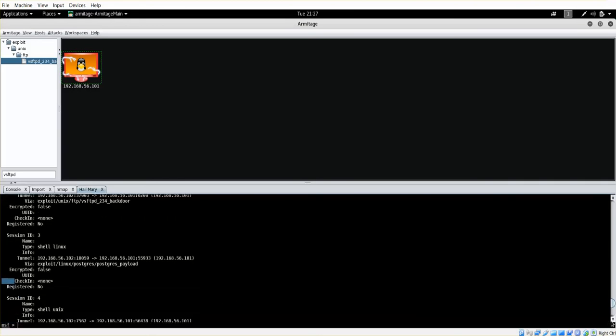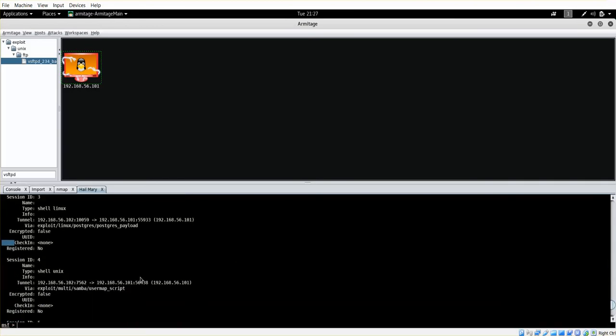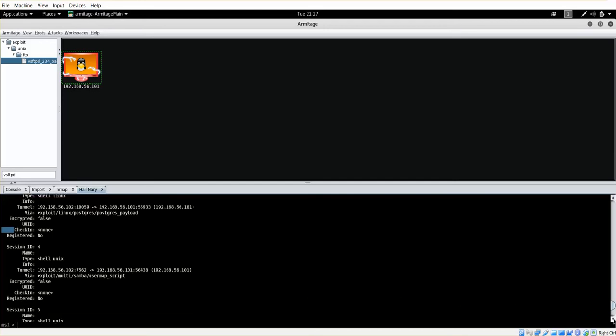Another shell connection. We see that we have the Samba username map script vulnerability, on some random port, and that was taken advantage of. We also see that there was another one, so it looks like there are a number of